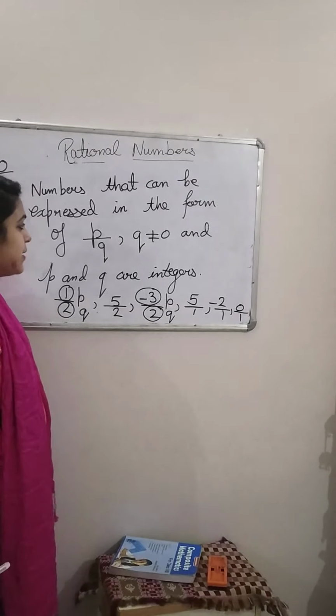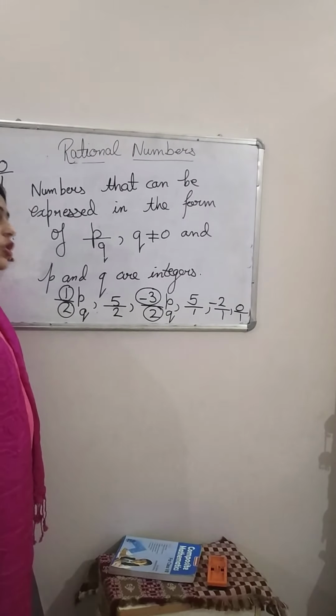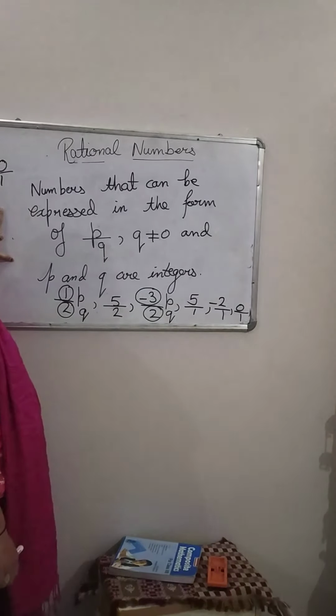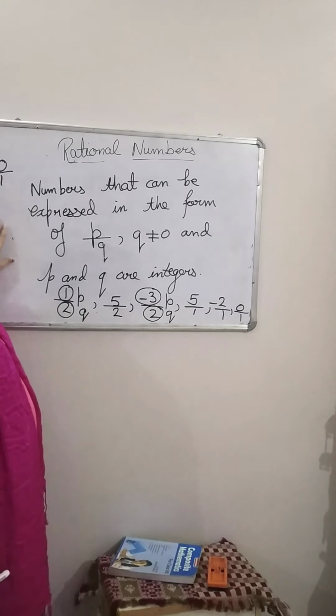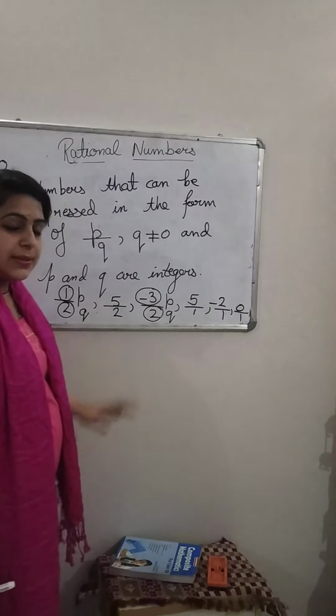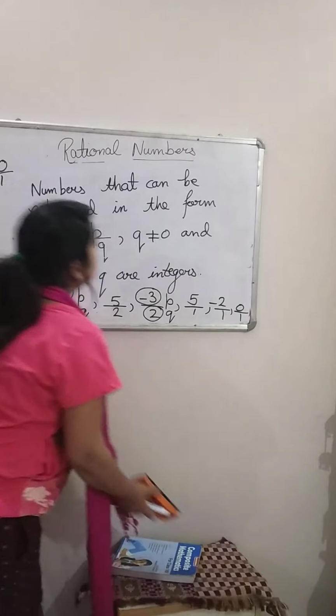Numbers that can be expressed in the form of P upon Q, Q not equal to 0, where P and Q are integers, are rational numbers. Examples, you can write down this. Okay, now I ask you,